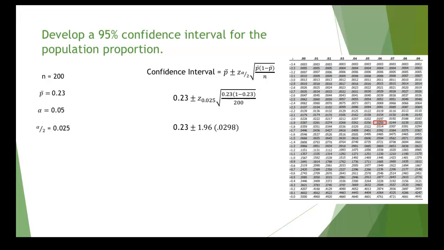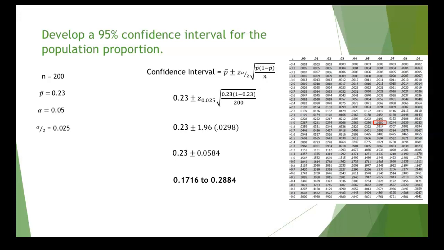So if we multiply our standard error and our Z-score of 1.96, we find our margin of error, which is 0.0584. And so our last step here for this confidence interval is to take our point estimate, that 0.23, and add and subtract our margin of error. So our confidence interval ends up as 0.1716 to